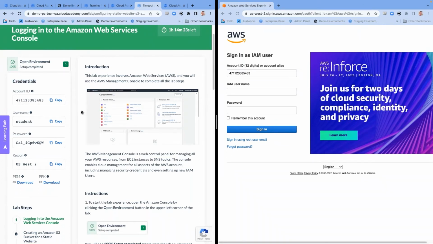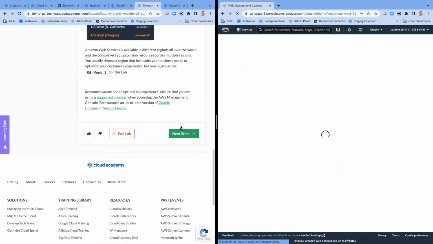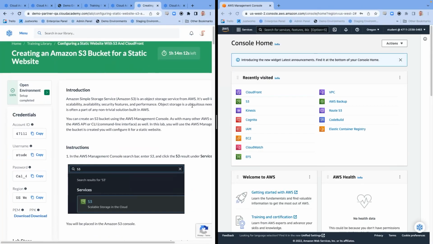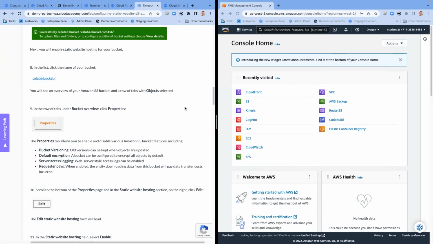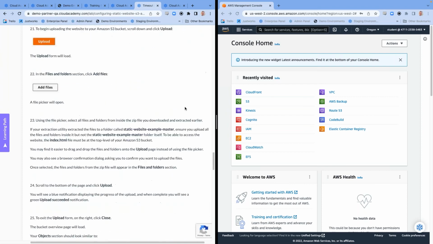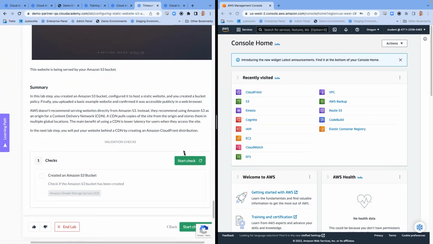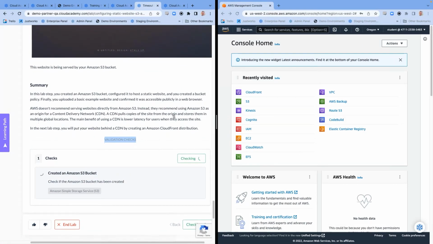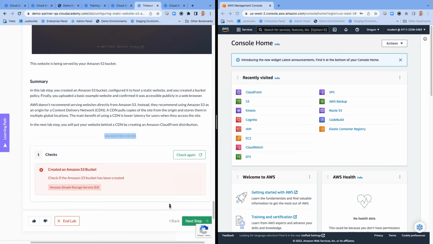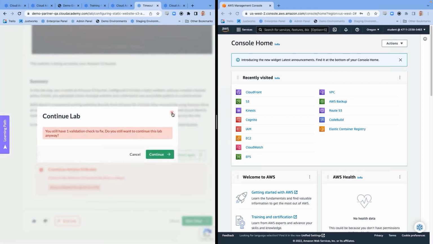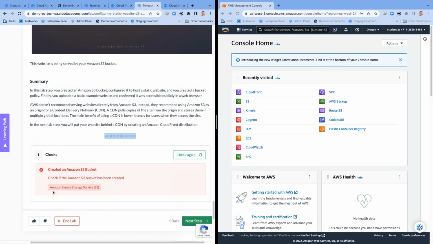So now as you're seeing, when I'm a user making my way through this, I simply copy and paste the username and password, and just like that, I have spun up my own instance of an AWS Management Console. The key takeaway here, however, is that we do bridge the connection between our lab environment and the console environment. So once an end user has to complete something, they'll actually have to run a validation check. This confirms or denies to the end user whether or not they were successful. It'll even give them a warning sign if they try to continue before successfully fixing it. But more importantly, what I'm highlighting here is the specific tech skill being tested at this step.